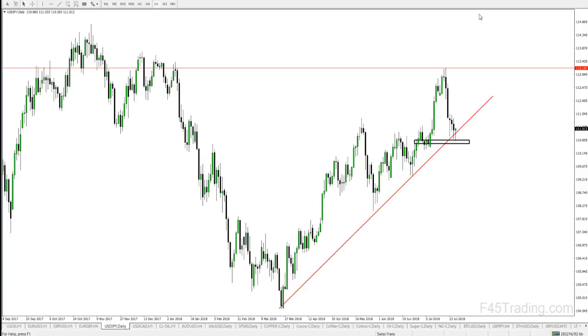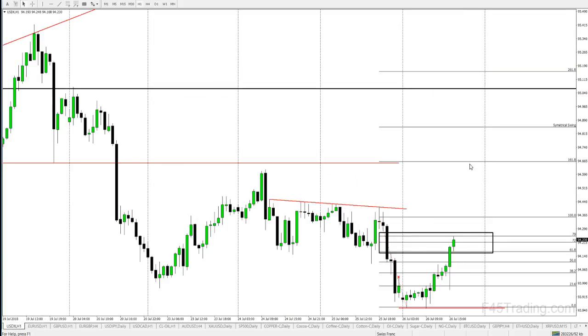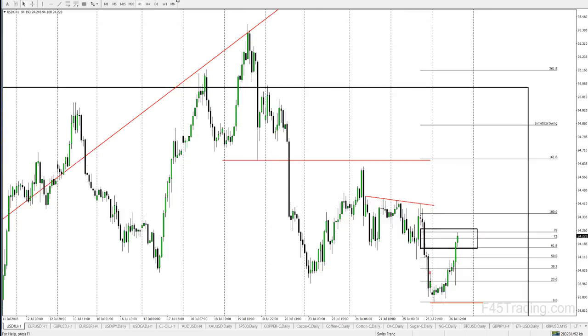They may want to bounce and make one more leg higher. In order to do that, though, the U.S. dollar would have to really start to push higher in here as well. And you can kind of see, I was sort of hoping that the dollar would come up and tag this area in here. They just missed this level here, so